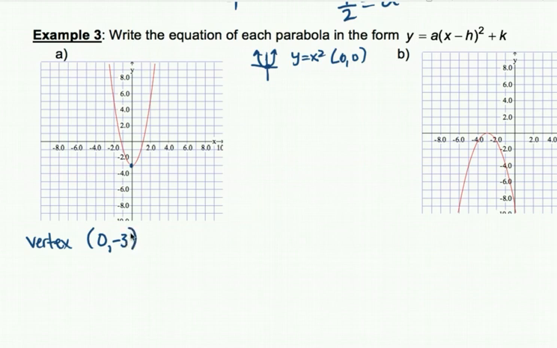Okay, down to -3. So again, there's your vertex. That is your h and k that you've already found. All right, so that leaves us A. A's left. So from there,